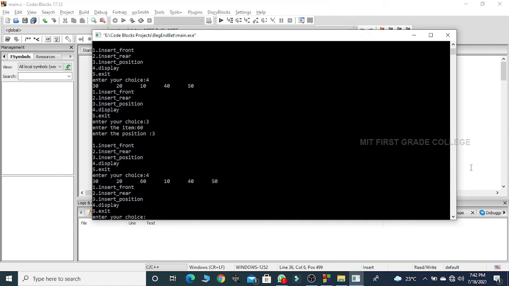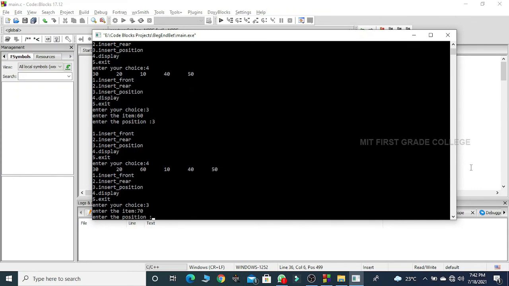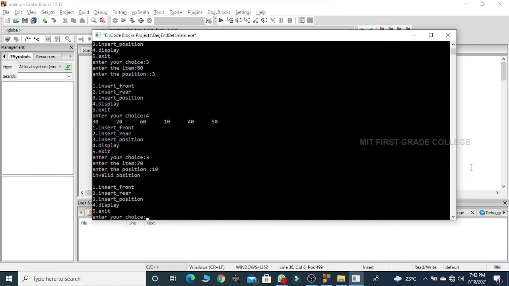Now let me check what happens if I give a wrong position. I choose option 3, that is, insert at a position. I try to insert 70 this time at the 10th position, which is not legitimate or correct. See, it showed invalid position.